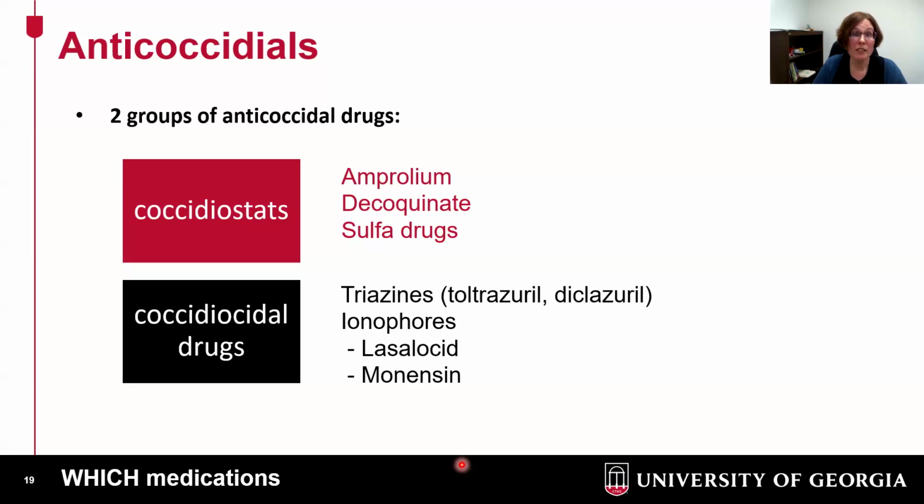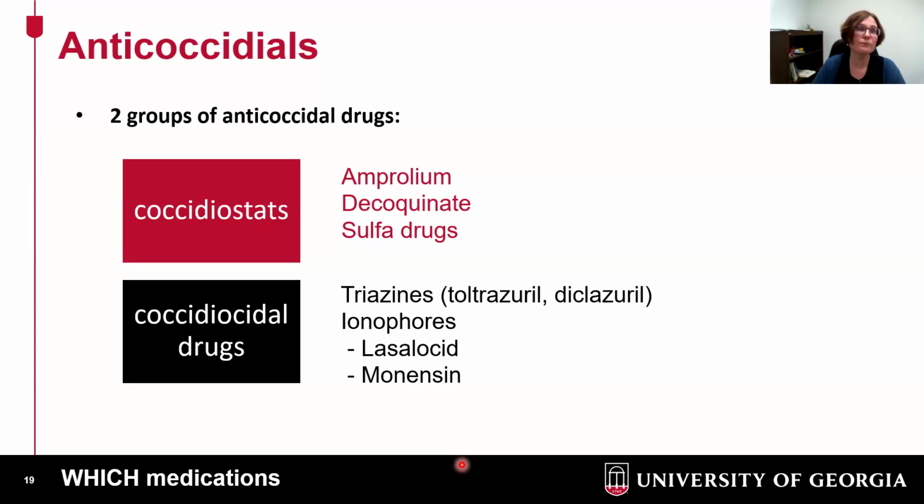On the other hand, we do have coccidiocidal drugs. Cidal indicates that they kill the parasite, so they will actually destroy the parasite structure. They have a different mode of action. This is more sustainable. However, you still have to have your timing right, because not all of the coccidiocidal drugs will work against every internal stage. Some of them will work against the infective stage just when it hits your intestinal cells the first time. Others will work against later stages in their internal development. So usually those are applied over a longer period of time